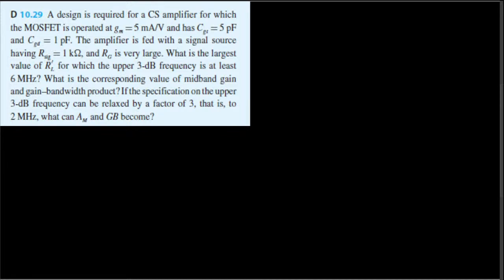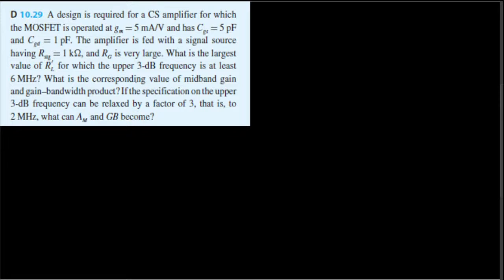A design is required for a CS amplifier for which the MOSFET is operated at gm equal to 5 milliampere per volt and has CGS equal to 5 picofarad and CGD equal to 1 picofarad. The amplifier is fed with a signal source having Rsig equal to 1 kilo ohm and Rg is very large. What is the largest value of RL prime for which the upper 3 decibel frequency is at least 6